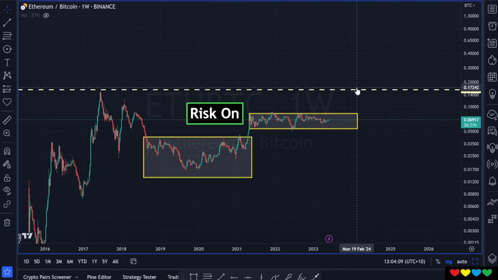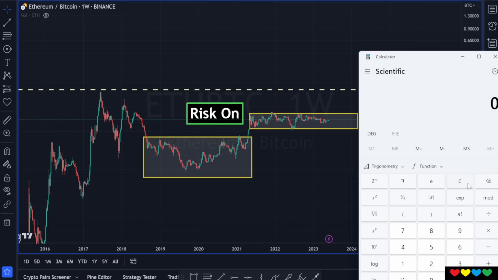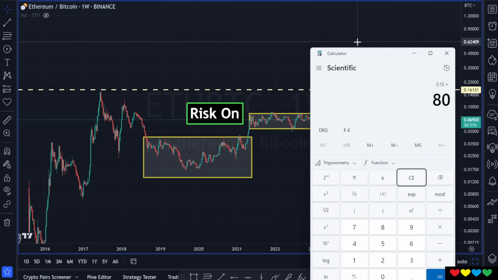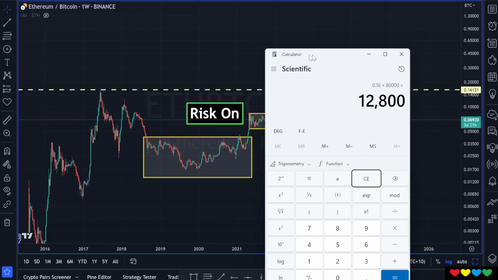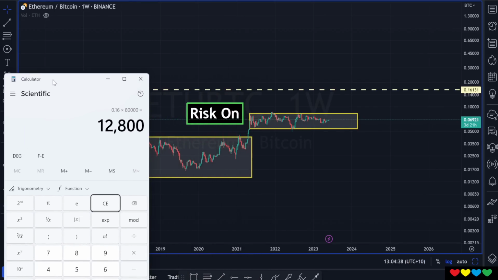Now, you don't know the US dollar price, but the ratio is all that matters. It's how much bigger is the Ethereum price versus Bitcoin. So at this point, 0.16 means Ethereum is 16% of Bitcoin's price. So if we flipped Bitcoin when it's $80,000, then you would just do 16% of $80,000 and you would find the Ethereum price, 12,800. I wonder if that's actually what happens in the next bull market. Very interesting.